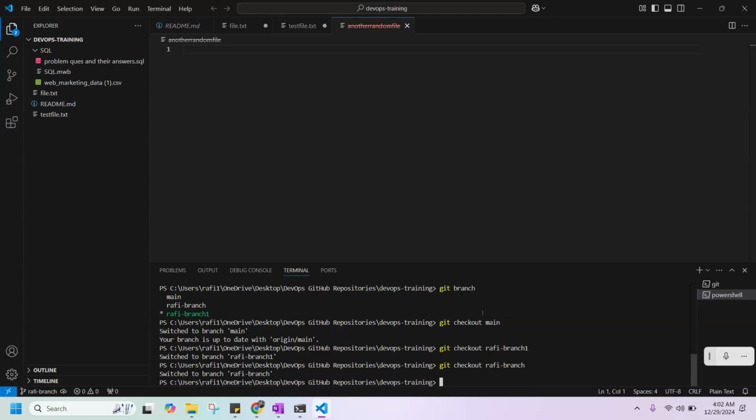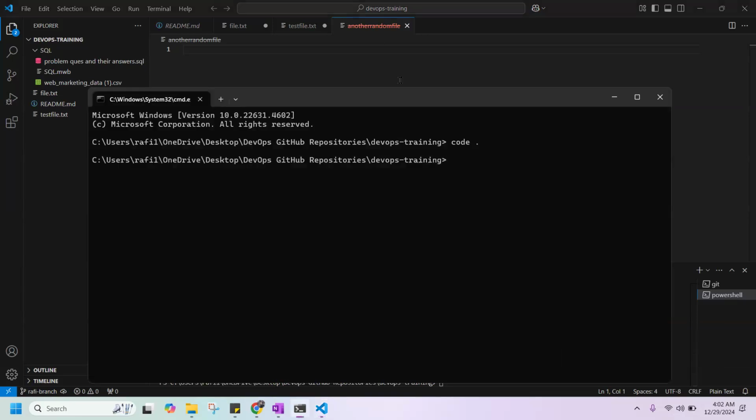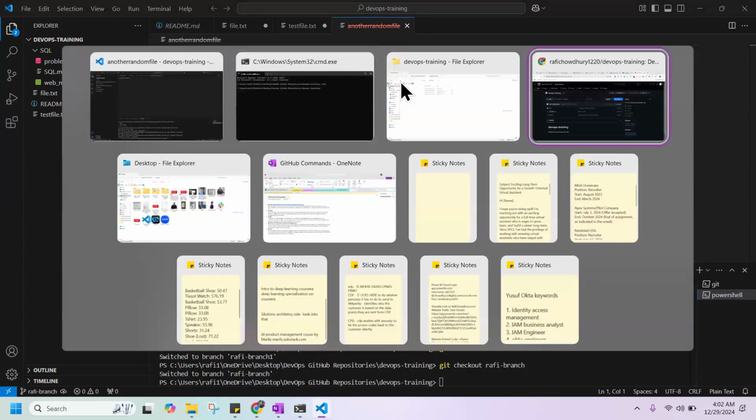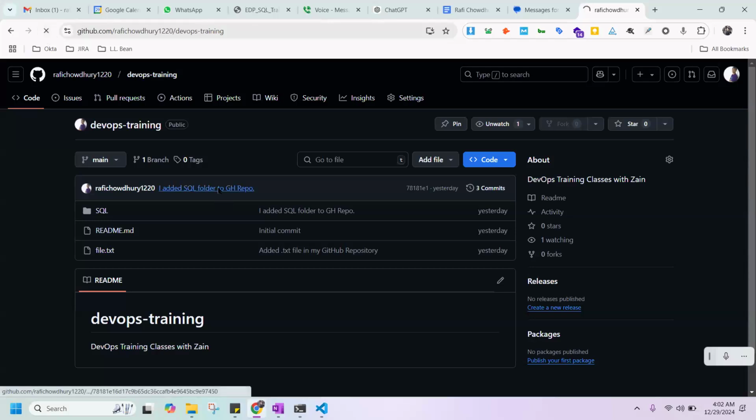Go to your GitHub account and check your repository, to see whether these branches are located here or not. Go to your web GitHub account, and refresh it to check whether these branches are located here or not.